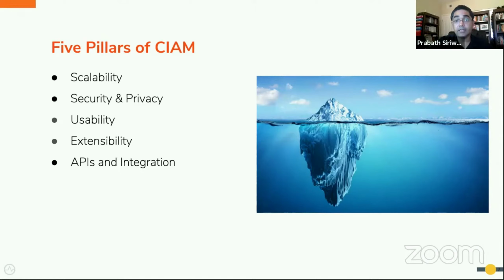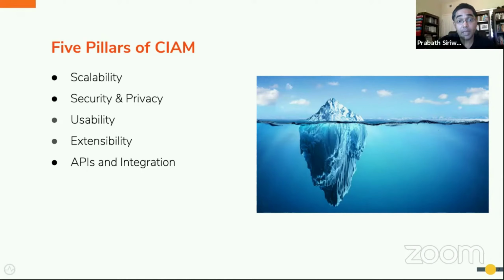It's an integrated system that you need to build with other business systems like CRM systems, marketing platforms, e-commerce platforms, fraud detection systems, risk engines, then content management systems, data management platforms, and so on. To cater to these requirements, your CIAM solution has to be extensible, API-driven, and developer-friendly. That will help you reduce the cost as well as the time to market.